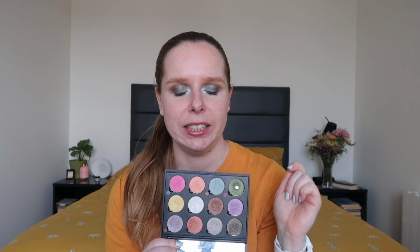This is the Creative Me No. 2 palette from Coastal Scents, and this palette has some really nice colors, some pretty big pans as well. I really like the shades, and there is also a nice variety, some more neutral shades right here, but also some color. What I did notice when trying to use this palette is there are no matte shades in here. They're all kind of the same